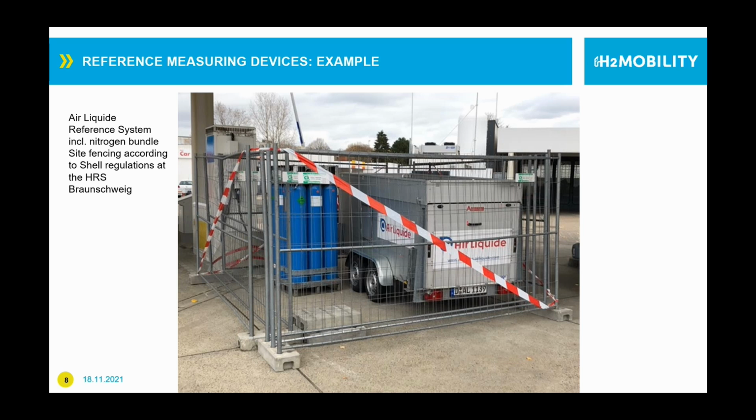You see already the size, it's a complete trailer. You have a nitrogen bottle next to it because you need to flush and purge the system. You have a kind of construction site fencing around the station. This is a special regulation of Shell company. You're blocking a part of the station. One lane of this dispenser is blocked, it's not accessible. And furthermore,